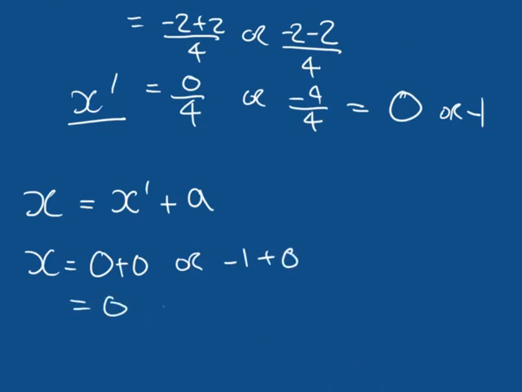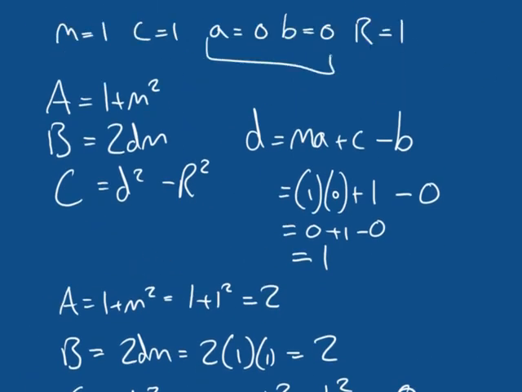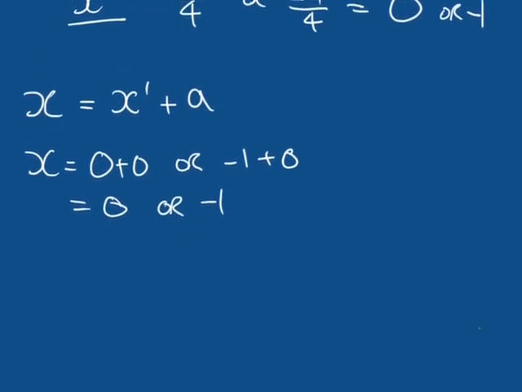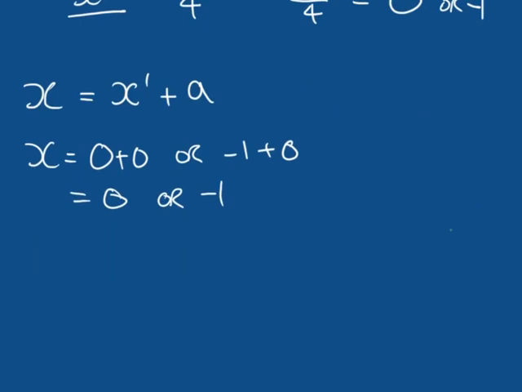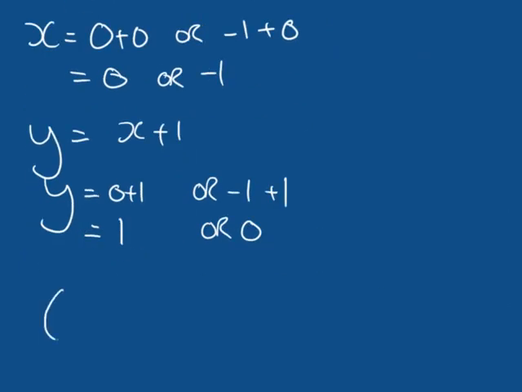So it's still equal to 0 or minus 1. However, if our center hadn't already been at the origin, so if a and b had not been 0, then there would of course be a translation involved for our x coordinates. So x is equal to 0 or minus 1. We put that into our line equation. Well, our line equation was y is equal to x plus 1. So y is equal to 0 plus 1 or minus 1 plus 1. Y is equal to 1 or 0. That means our points of intersection are 0, 1